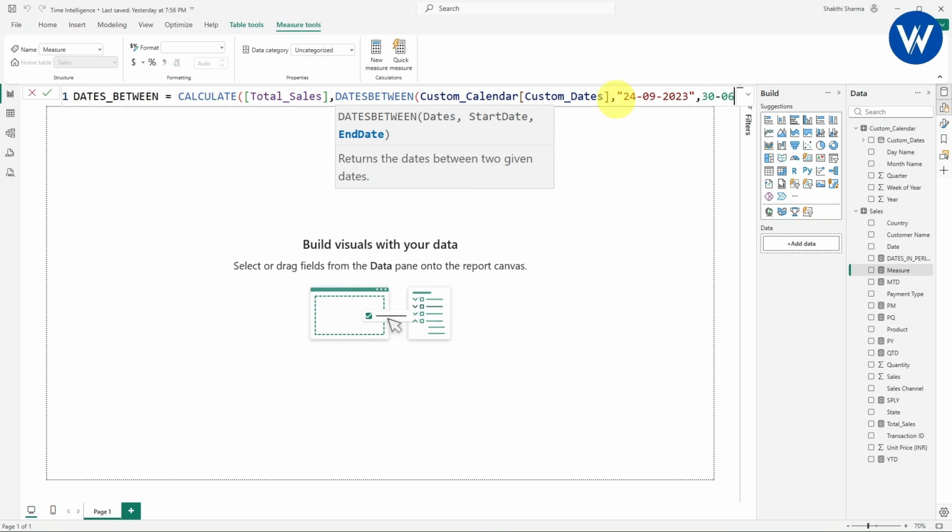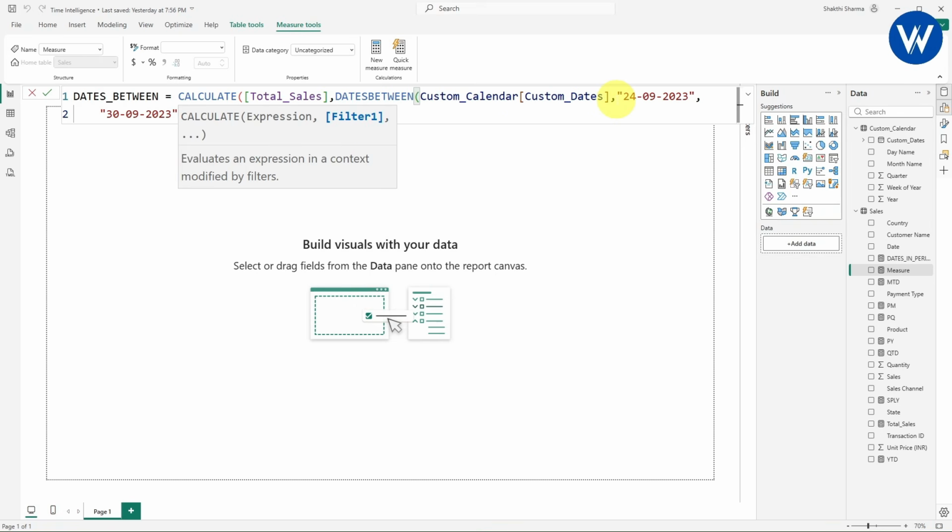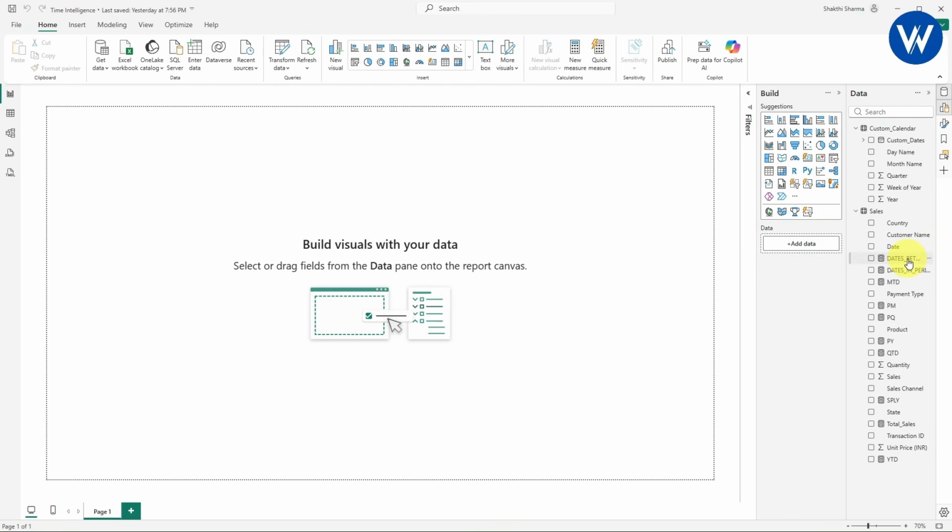Inside the double quotes I will use 30 September 2023. Close the double quotes, close the bracket, one more bracket, and click enter. Finally the measure is created, dates between.